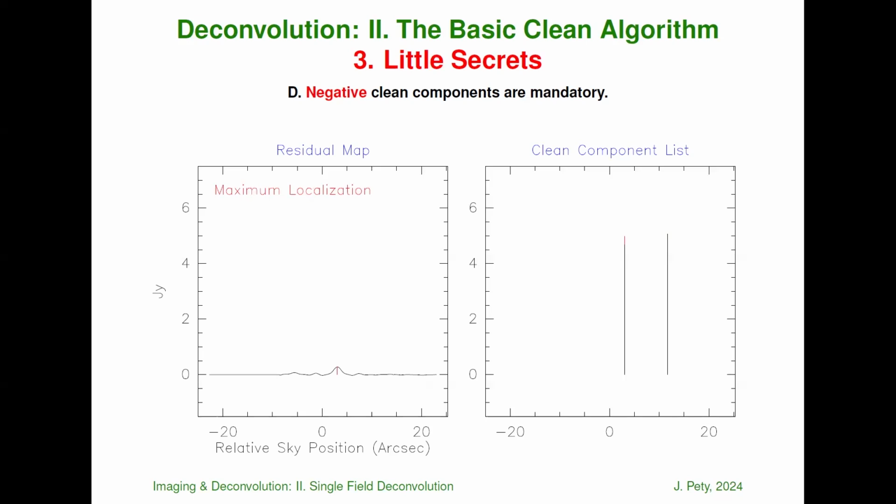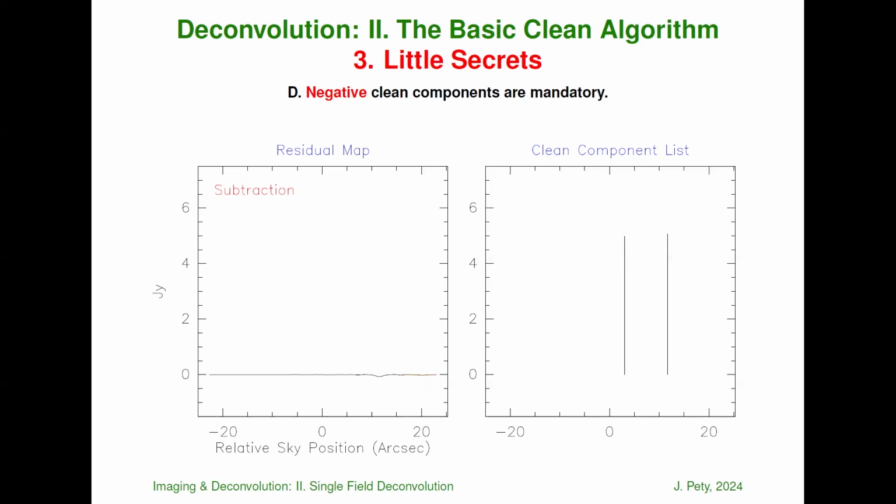Okay? And we continue. So we are localizing the maximum of the absolute of the residual map. Well, here it's positive. We are adding it at the position we're finding. So it makes a second order correction, a first order correction to your second clean component, and you're getting closer to 5 Jansky also here. And then you're subtracting the contribution of this clean component to the residual map. You're multiplying by the dirty beam. You're subtracting, and you end up here. And then,